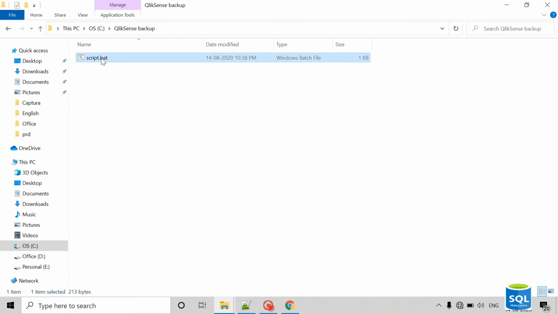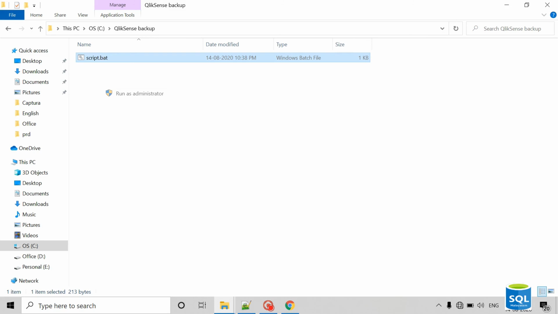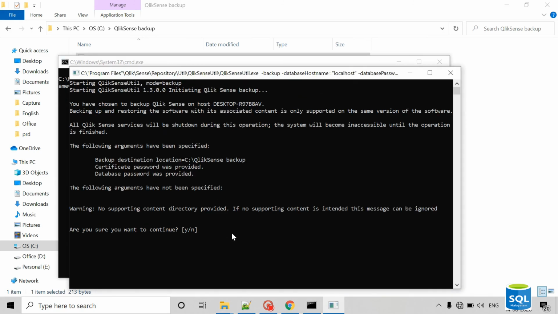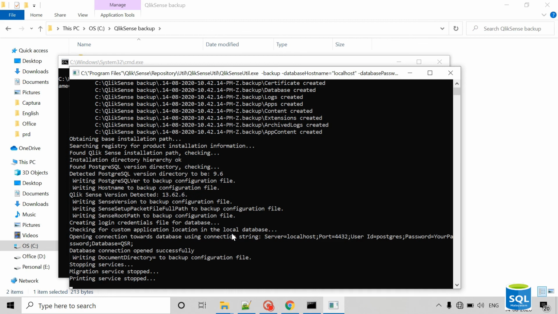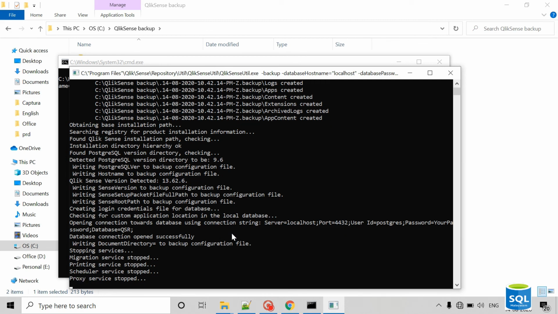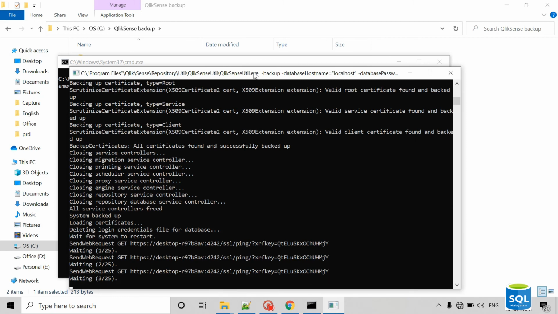Now I am running this script. Right click on it and run it as administrator. So it started the process. Just click yes. It will stop each service first and then take the backup. Remember, if you have a large volume of logs, it will take some time.